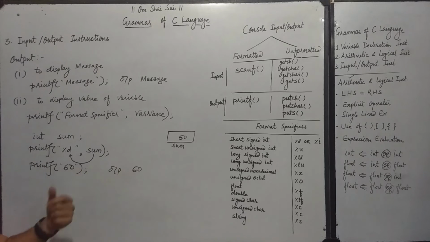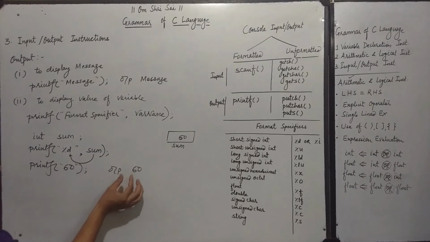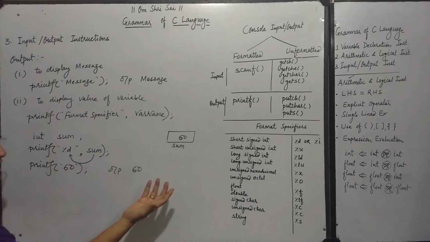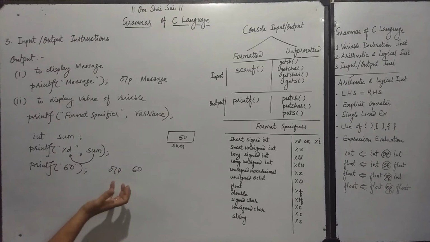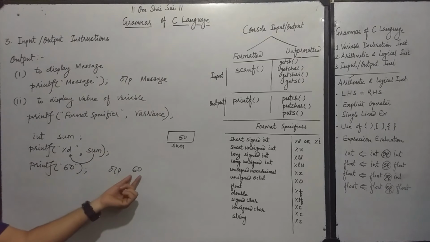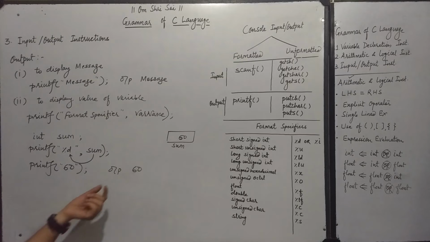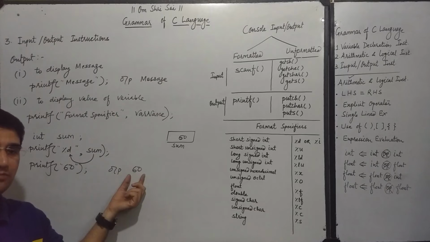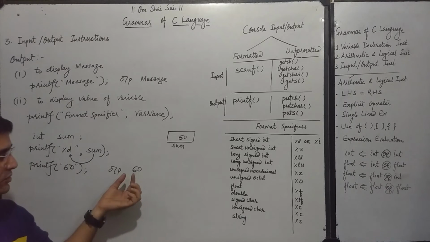पर यहां पर भी कुछ प्रॉब्लम्स है. वो क्या? मान लेते हैं यूजर स्क्रीन पर ये 60 नजर आ रहा है, तो जो यूजर है वो इस 60 को क्या गेस करेगा? Whether it is the sum of two numbers, whether it is the age of any person, whether it is the marks of any subject, whether it is the percentage of the student. So इस तरीके से